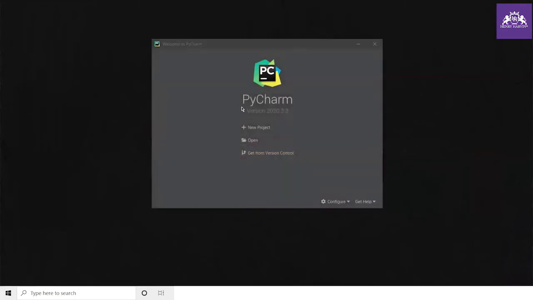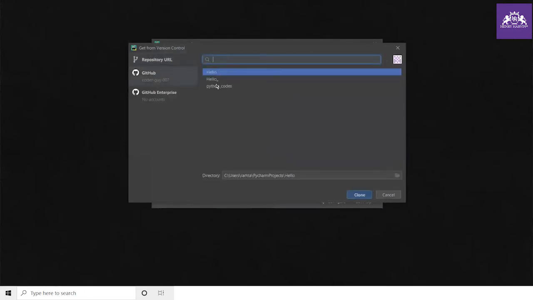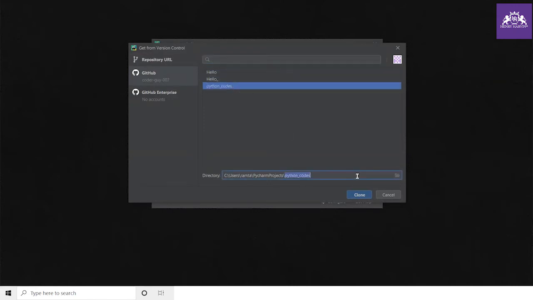Okay, and if you want to sync your GitHub repository with your IDE, just click on Git from version control, then go to GitHub, and here, as you can see, it will show three repositories. Because I already logged into my GitHub account, it is showing all these repositories. But when you haven't logged into your GitHub account from PyCharm, it will ask you to log in, and it will also ask you to download the Git application.